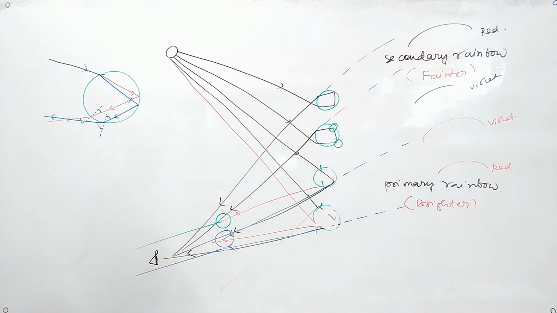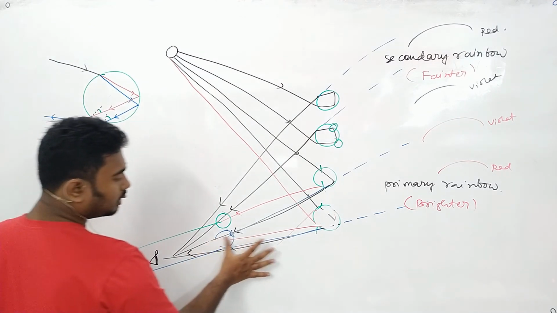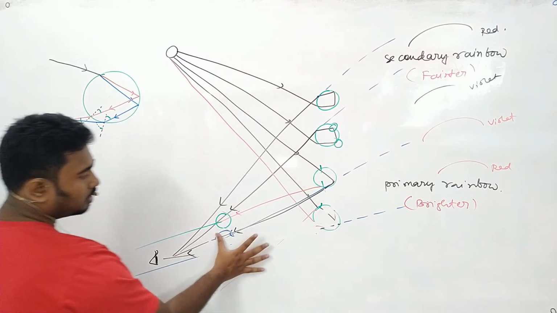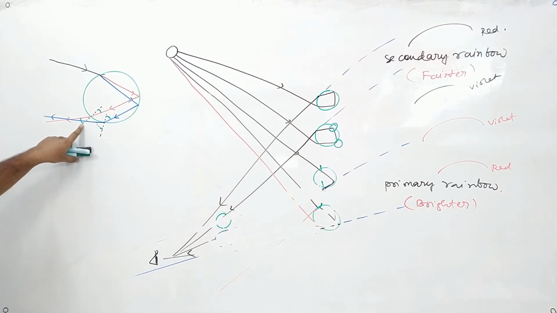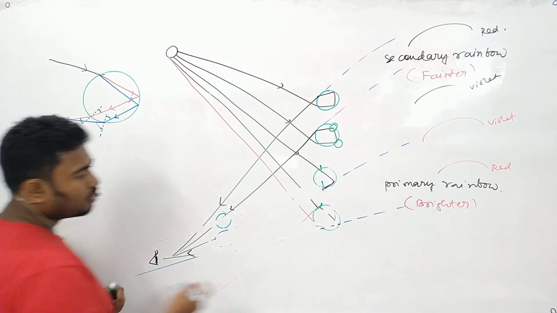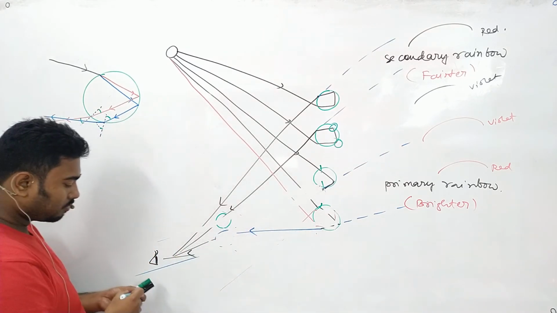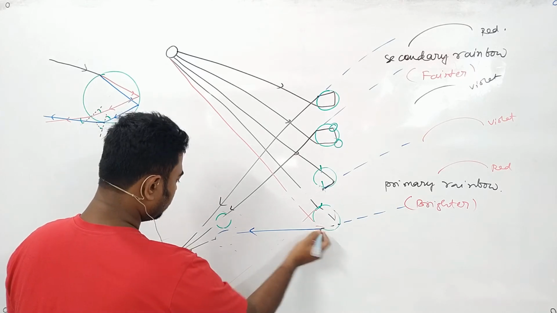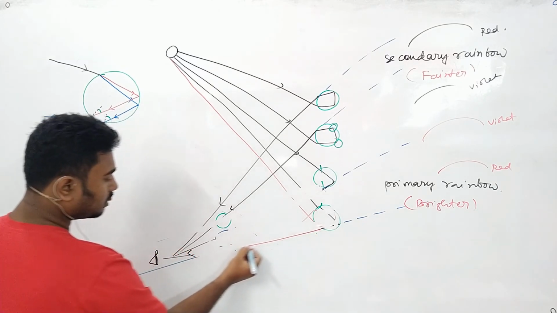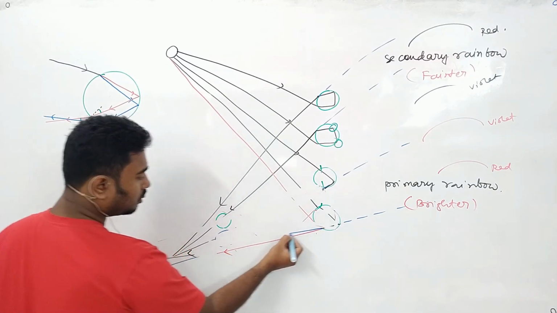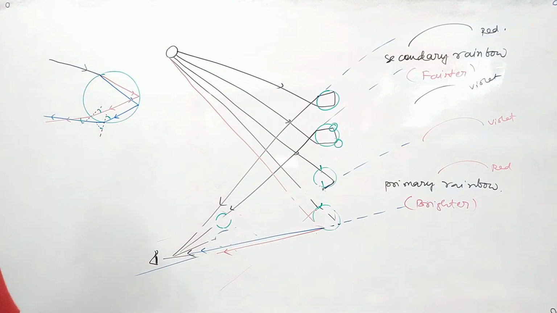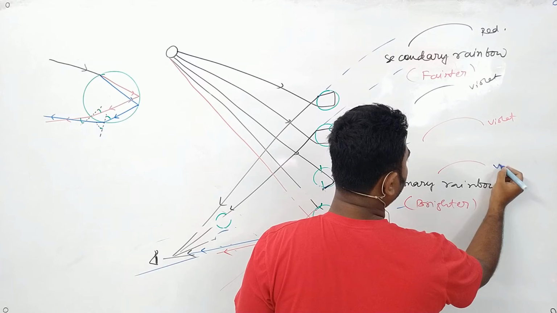Okay. Now we can make one more thing clear, that if I look at this, then the whole story changes again. Okay. The whole story changes. So in this, which is more slanting? The red one is more slanting. Which is less slanting? The violet one is less slanting, right? So in this case, if two rays come, one is the violet and one is the red, then the violet will reach my eye. Okay, so this won't be red, this will be violet.